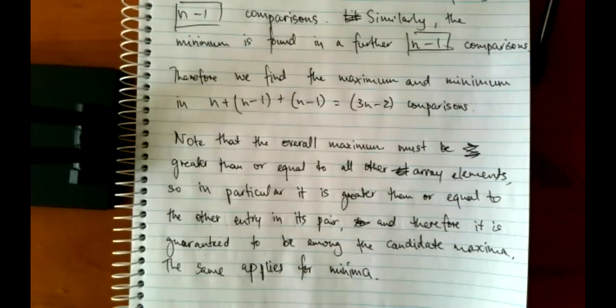Kai says, would you say this is divide and conquer? I would not describe this as divide and conquer, and for a particular reason. Divide and conquer refers to algorithms where we split the problem into identical but smaller subproblems, right? In this problem, we are not splitting into identical subproblems. We are splitting into kind of case 1 and case 2, right? Because we are not solving the same problem, that is, find the max and min of a smaller array. Incidentally, if you were to find the max and min of a smaller array, that's a divide and conquer approach to this problem. And I'm not sure off the top of my head whether you could arrive at a complete solution, but